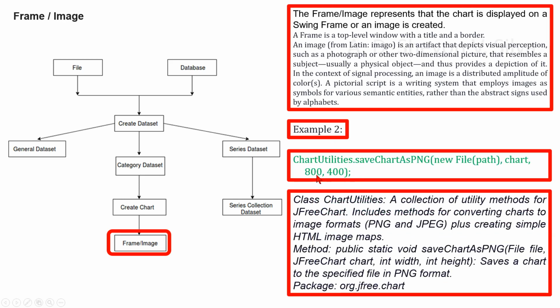As an example too, we can consider this chord segment here, chart utilities, the class chart utilities, a collection of utility methods for JFreeChart. Includes method for converting charts to image formats, PNG or JPEG, plus creating simple HTML image maps. The method public static void save chart as PNG file JFreeChart chart int width and int height. This saves a chart to the specified file